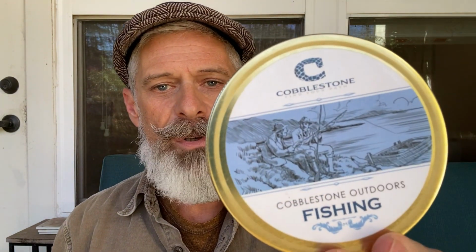But getting to my favorite tobaccos, the English blends, I really enjoy the Cobblestone Outdoors Fishing. That is a very good tobacco. One of my favorites, and I have a few of these in my cellar, is the Ashton's Artisan Blend. Cellar, by the way, I don't have a cellar,